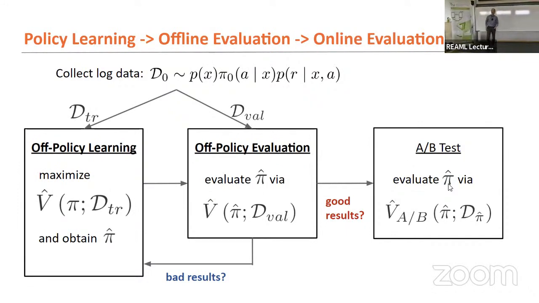Right. So the key point is exactly right. We have to be careful about the biases that are in the data. And the biggest source of bias is ourselves, is us, right? Because whatever the policy pi null does, that's where we're getting data, right? And that really biases what we can learn from it. And so we really have to be careful about exactly taking care of these biases in a principled way.